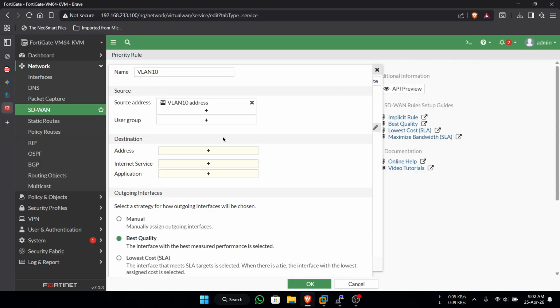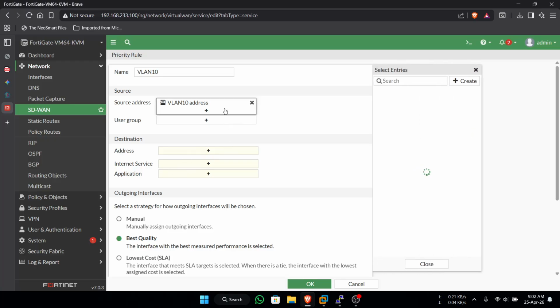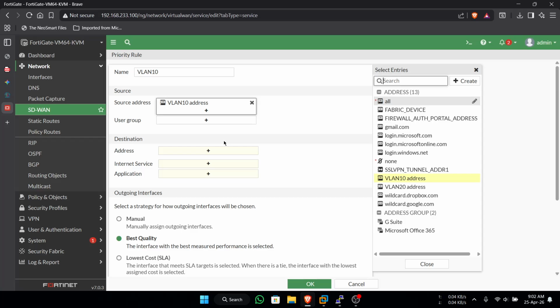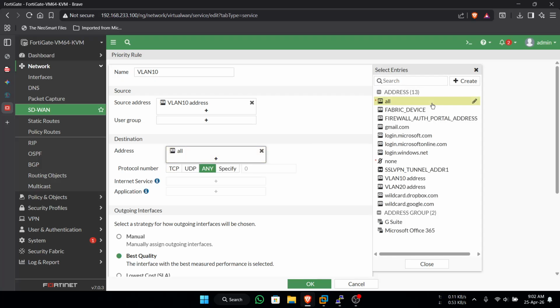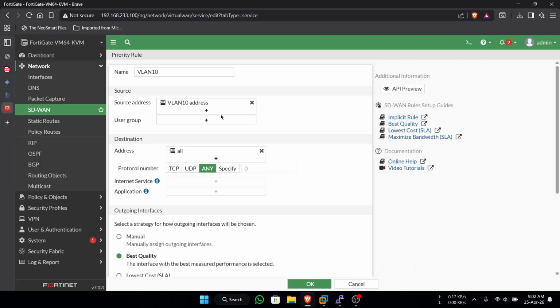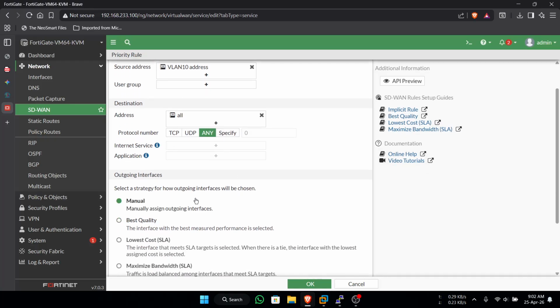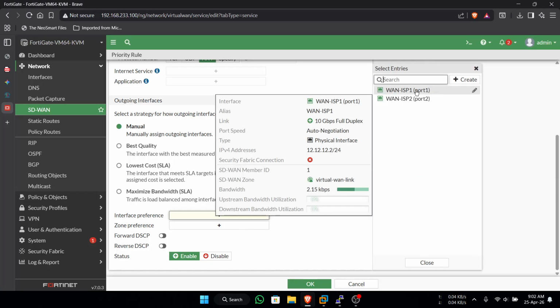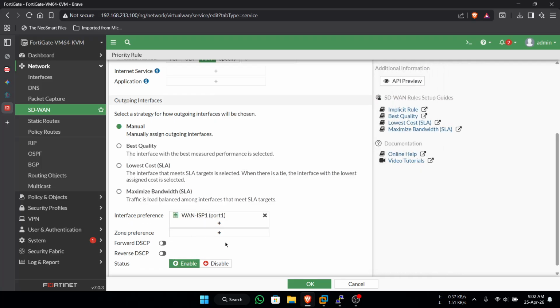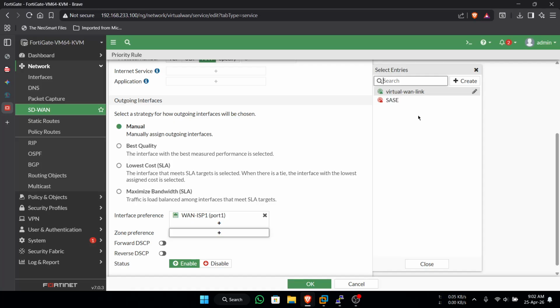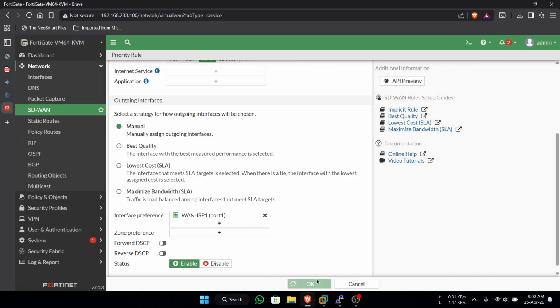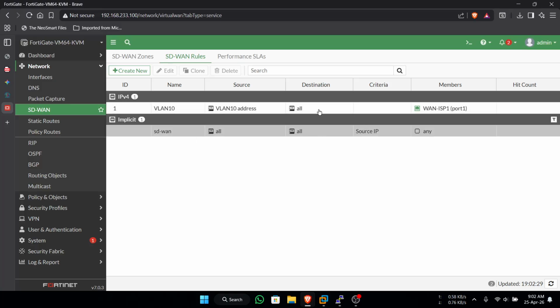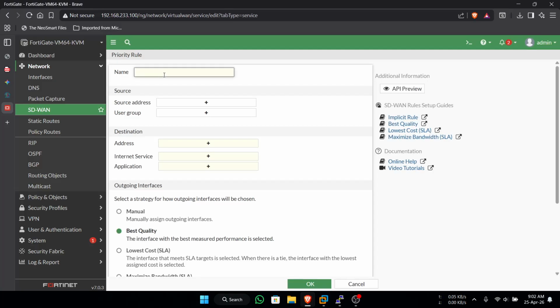User group, destination all. Then you configure manual, zone interface preference, ISP1 zone preference. You can choose if you have many SD1. Click OK.